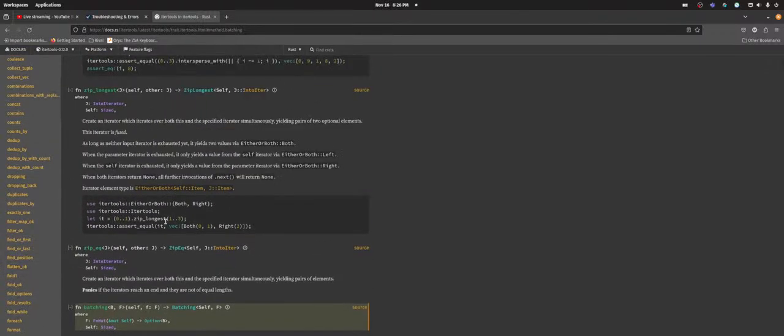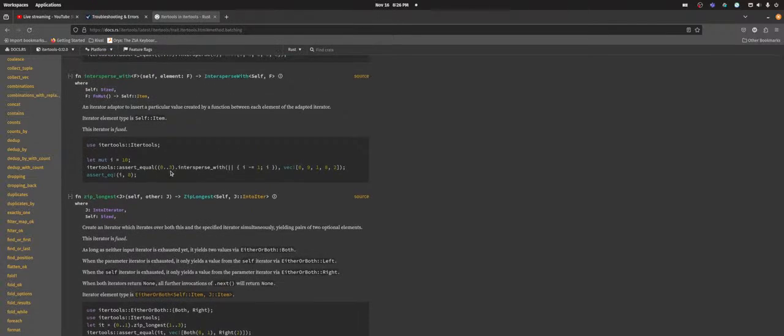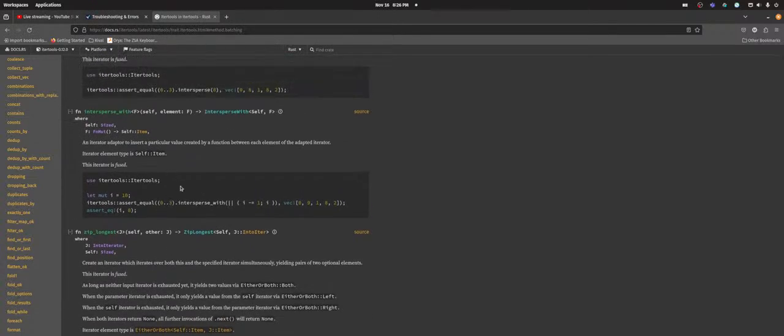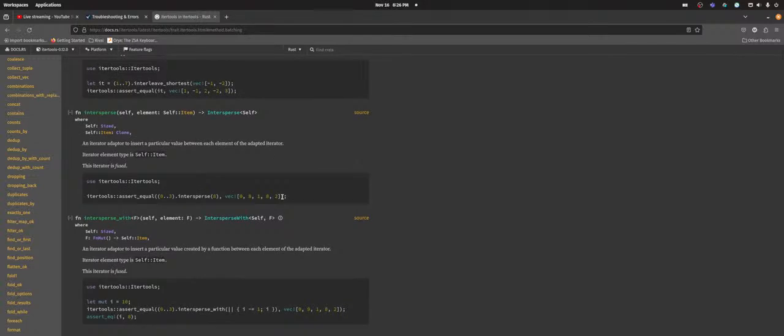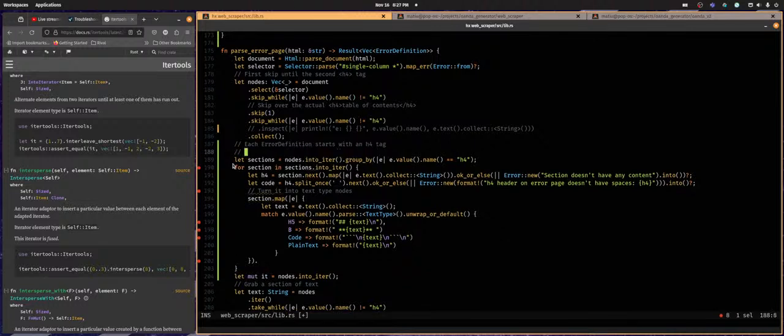So that would give me, okay, group by would give me a group of H4, and then a group of not H4, then a group of H4, then a group of not H4. So I guess that is usable. Okay, we can work with that. Okay, so we've got sections that we're going to see here. Sections gives us